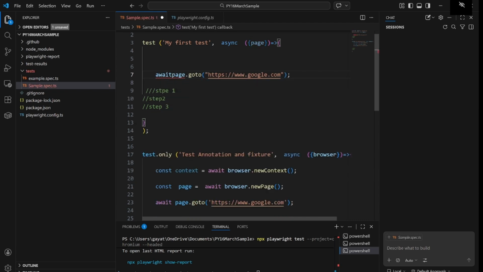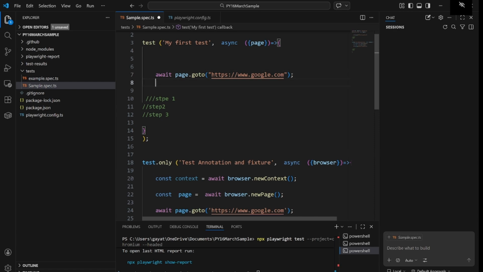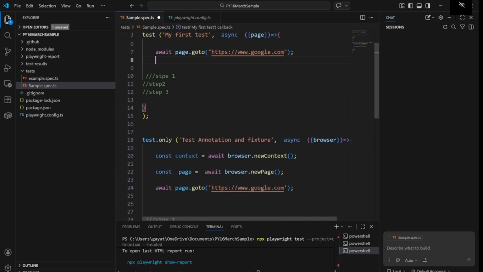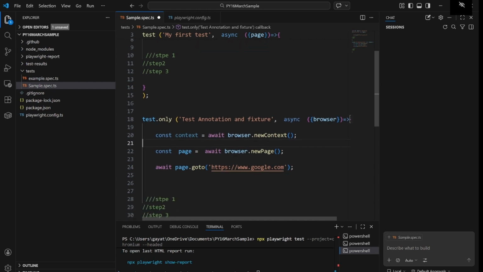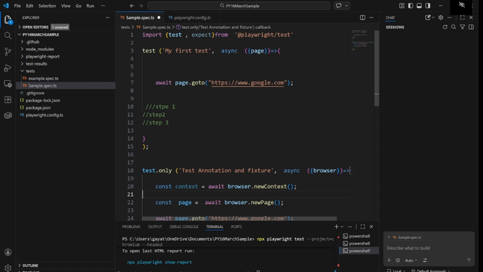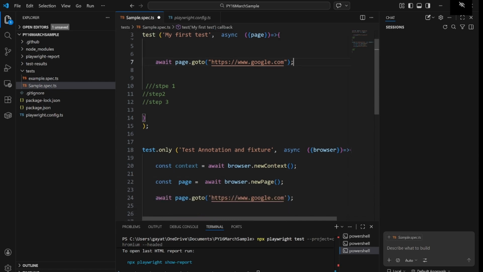And guys, you have to use await, otherwise your test cases will become flaky. Await basically waits until the page is open or until the web element is visible. It provides you some stability: it stays at that position and will not move to the other steps or other lines of code. So I hope this is clear for you guys.